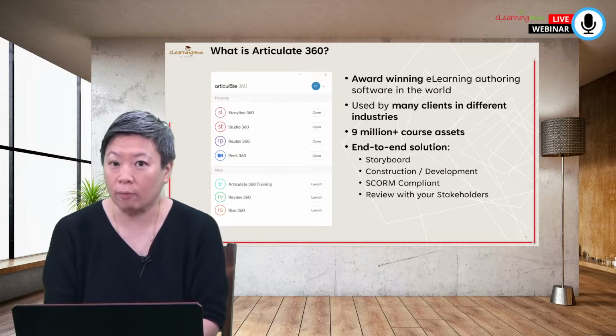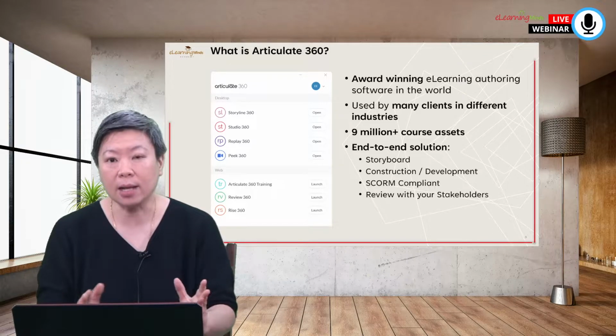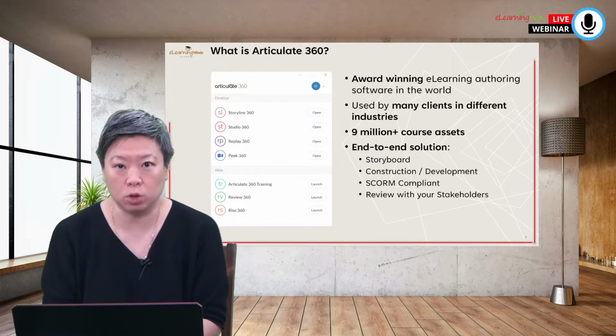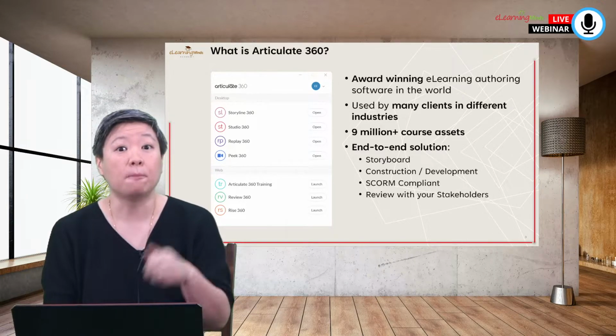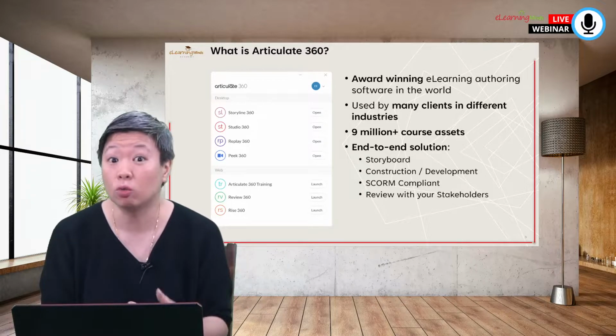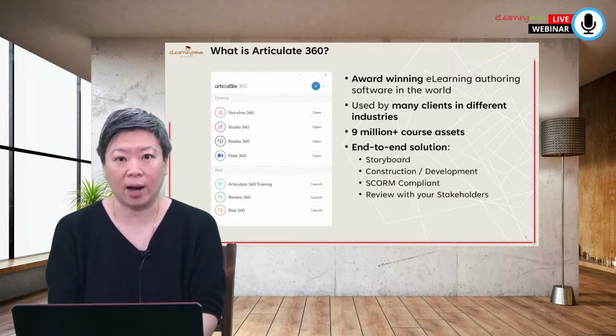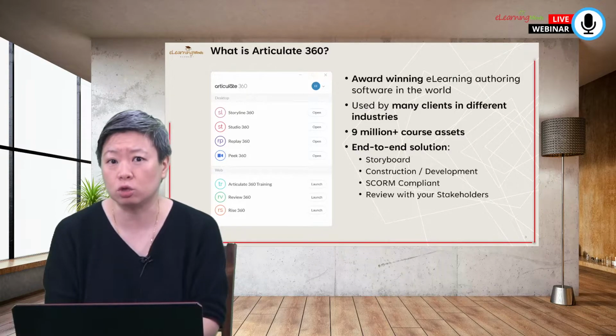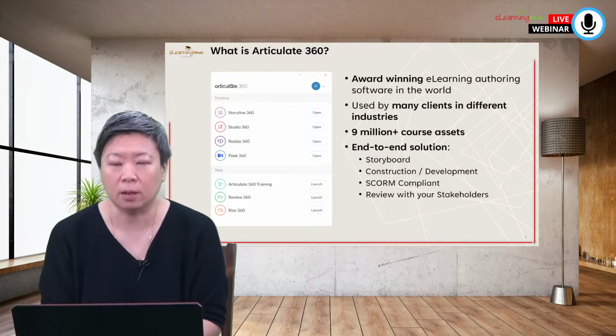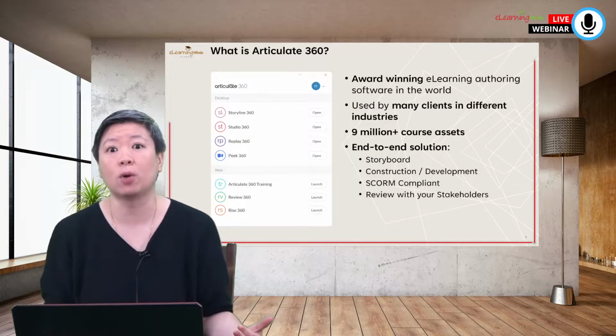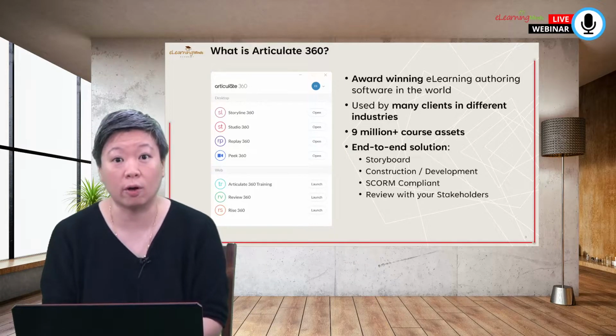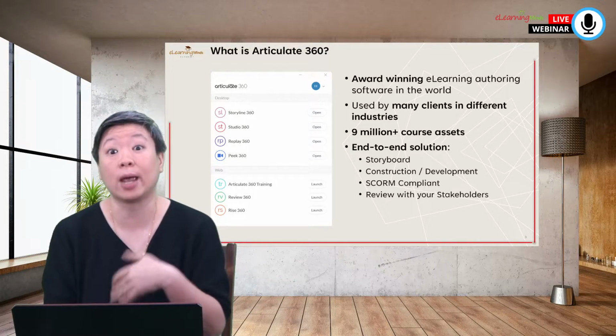Basically, it is award-winning software. Okay, it is a top 5 around the world, and in many industries you are able to use it, ranging from manufacturing, distribution, retail, or even training providers. Banking and financial institutions also make use of it. Okay, so whatever industry you are in, definitely you can make use of Articulate